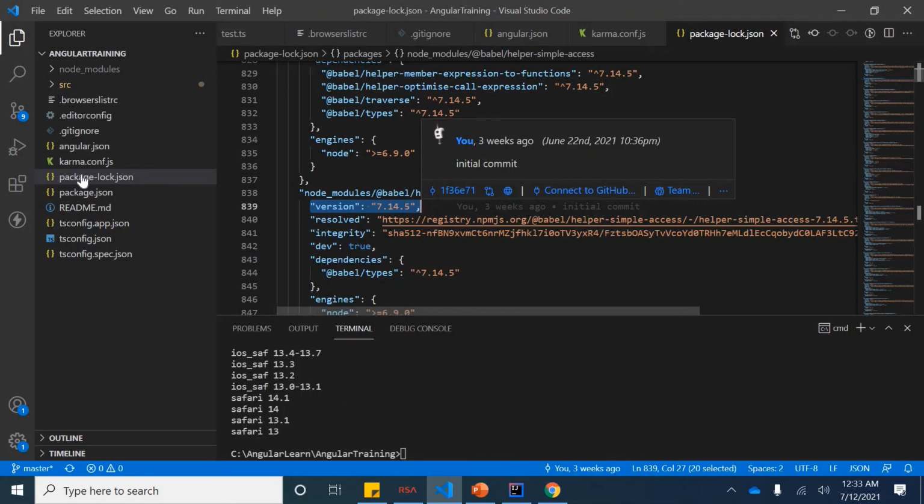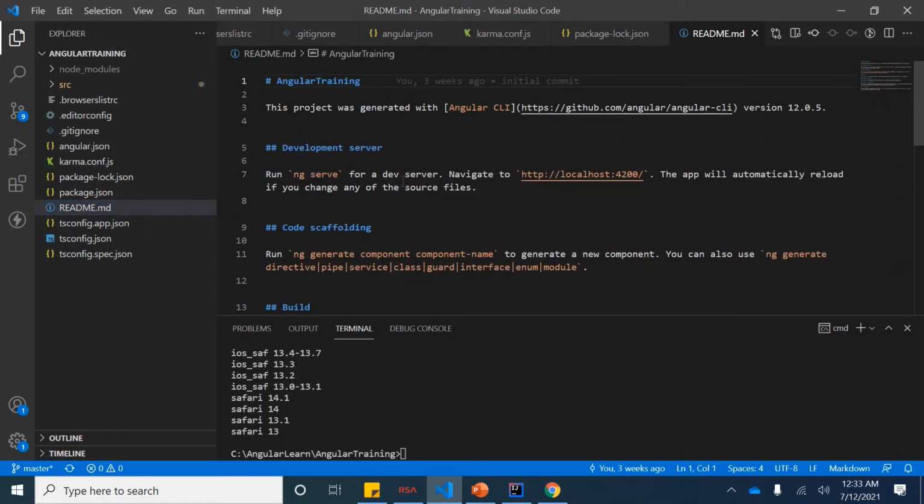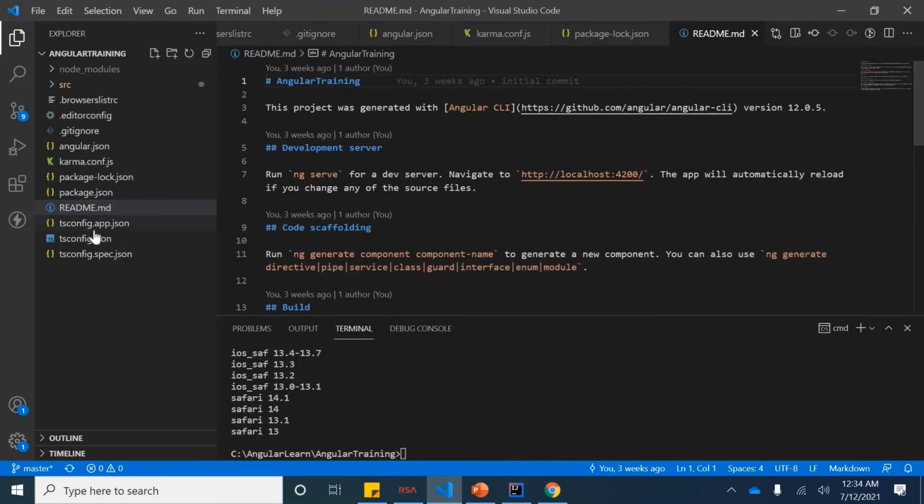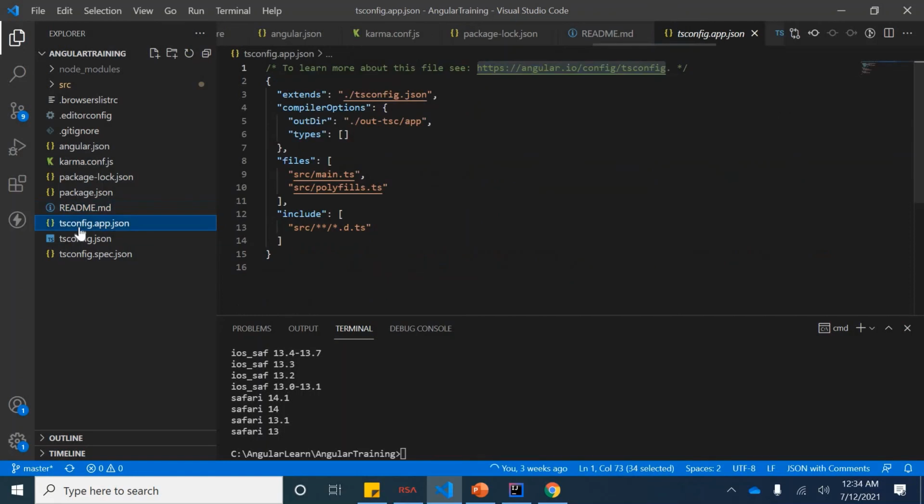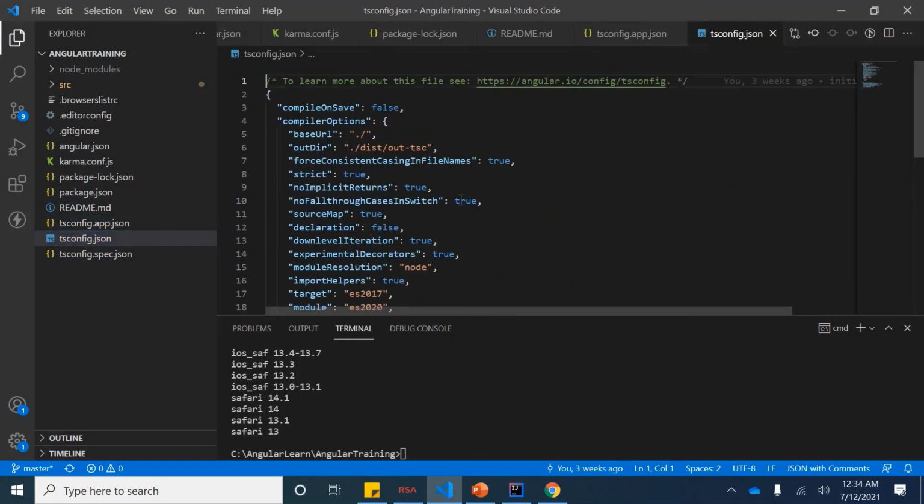Okay, so next is readme.md. All the commands that we're going to use are mentioned here. If somebody new comes, they can follow this and understand what is being used. Okay, so next is tsconfig.app.json. Before we go to this, we can open this one. So this is tsconfig.json, where we have all our